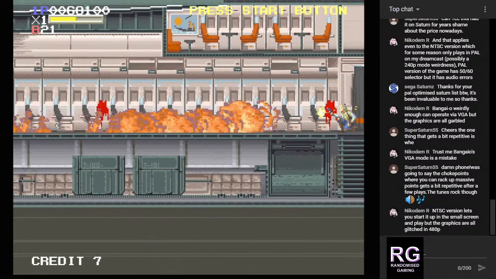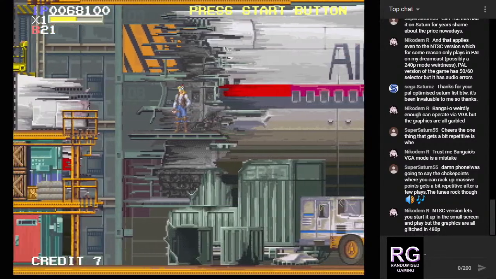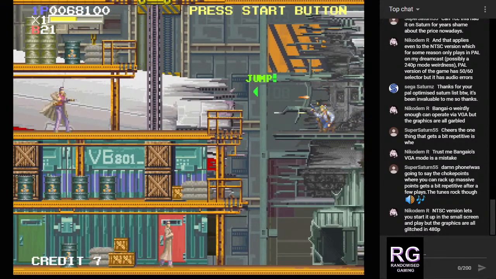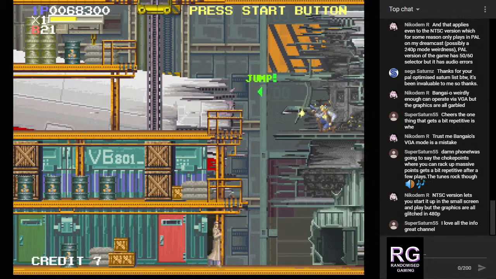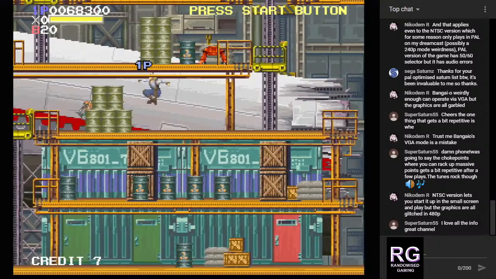Basically, Capcom vs SNK 2 and Heavy Metal Geomatrix are two games where you get to the Hertz screen in VGA, and then you have to select 50 or 60 hertz, and then it reverts to, oh, crushed there. See, little mistake. And then it reverts to